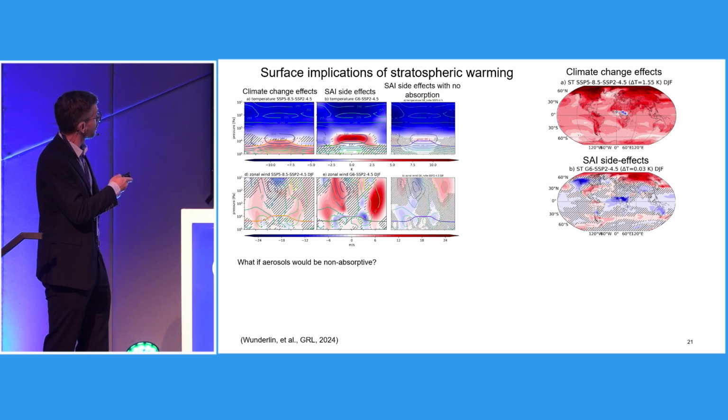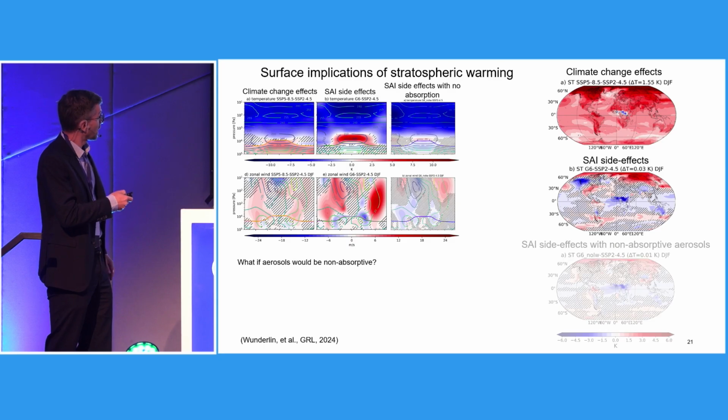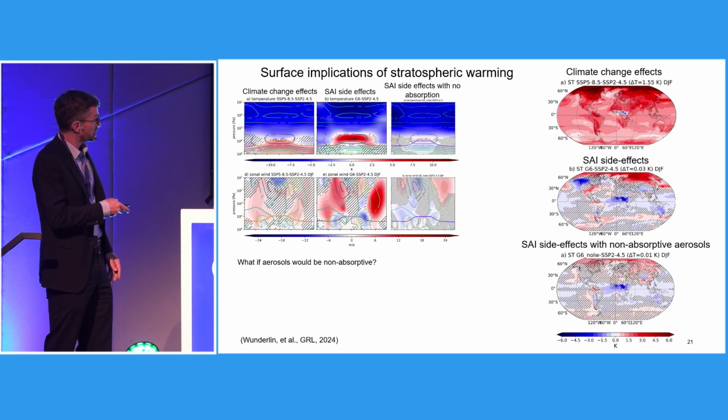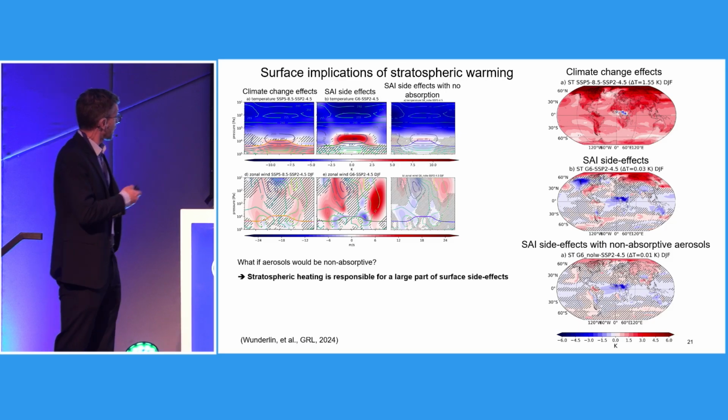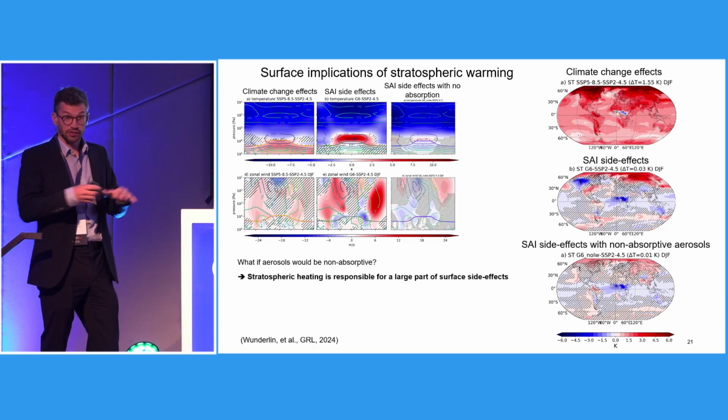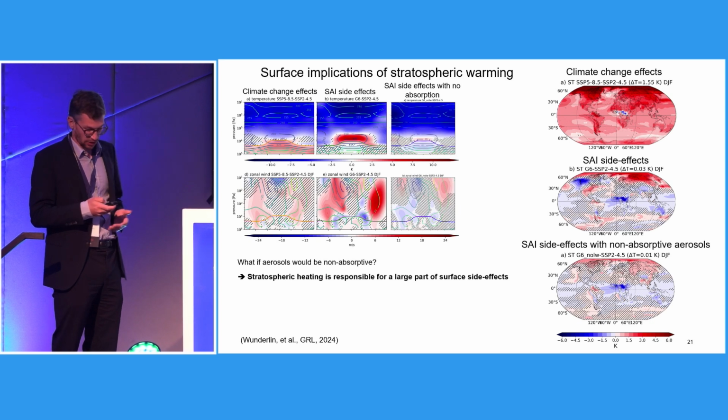So the warming is gone in the stratosphere, and we still have the cooling in the troposphere, and we don't perturb the winds in the stratosphere anymore. And also the effects at the surface, the temperature differences, or the cooling at the surface is distributed much more equally around the globe compared to when we have absorption of radiation, or when we have warming. So the heating is responsible for a big part of the dynamic feedback we see at the surface, and therefore